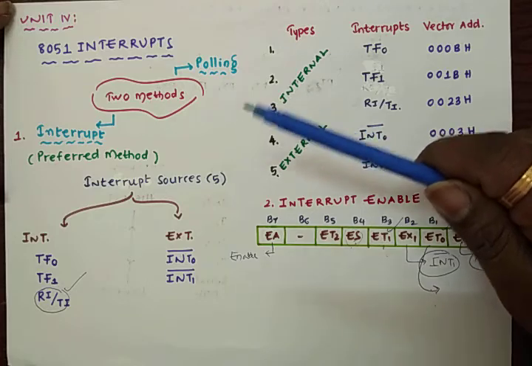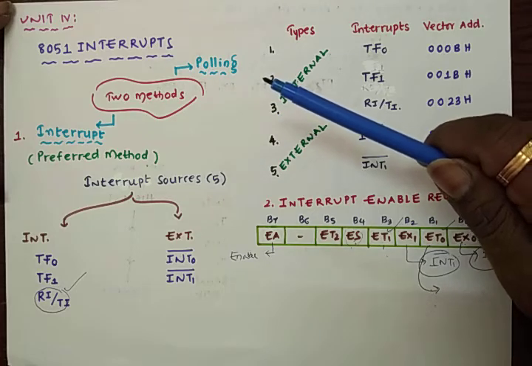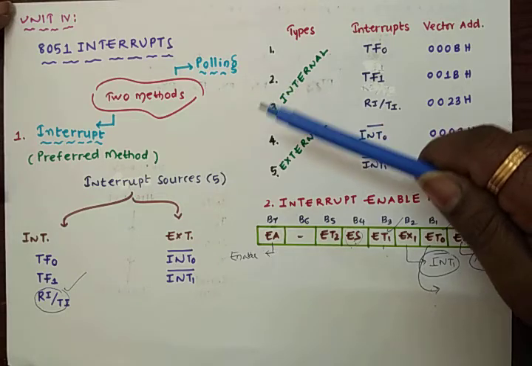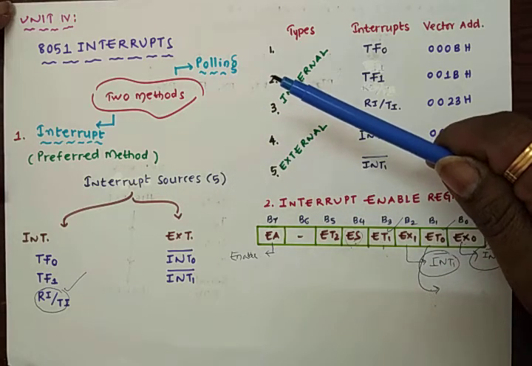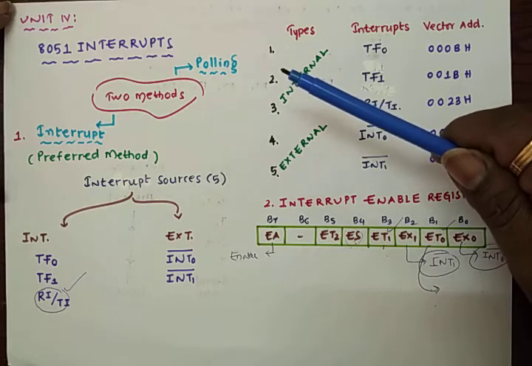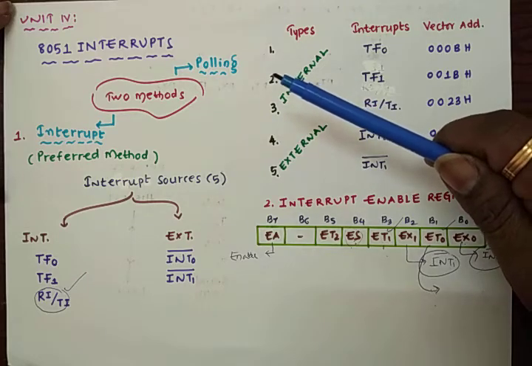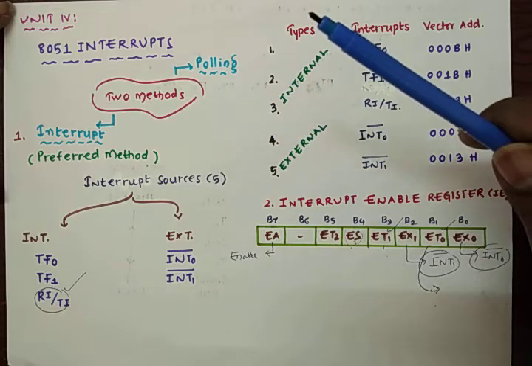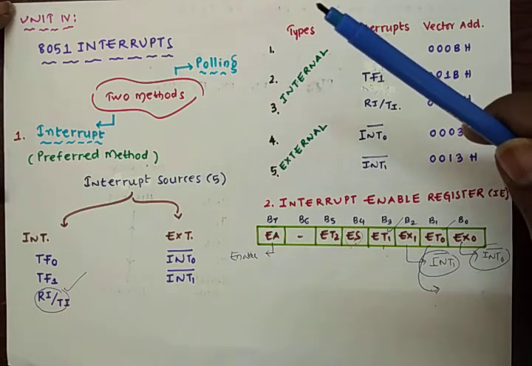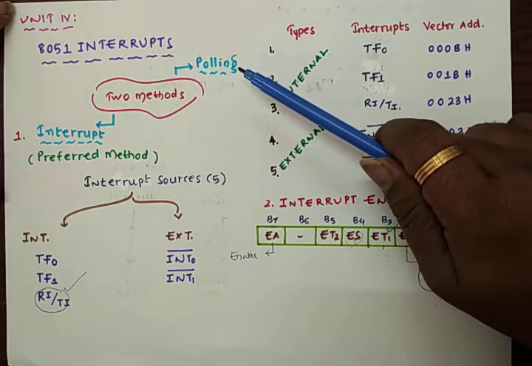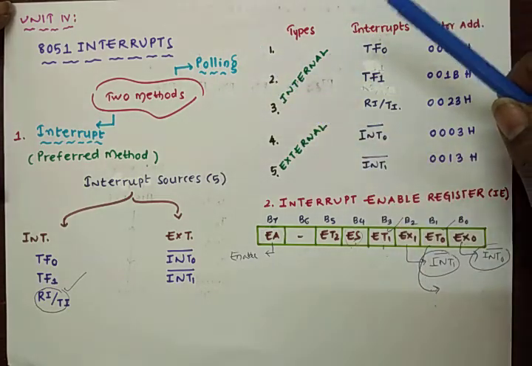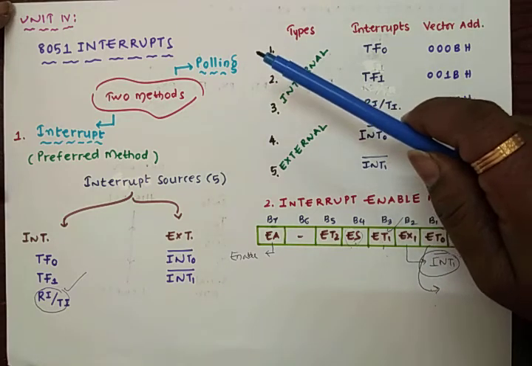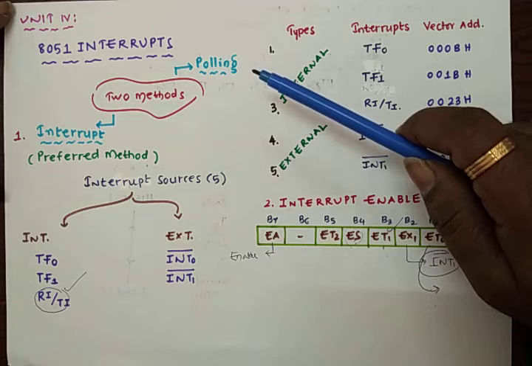If any device needs service from the 8051, then the 8051 stops the current execution, saves that program, and serves that particular input-output device. This process is called polling, but it is not preferable,